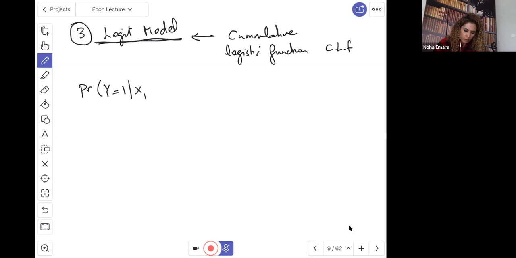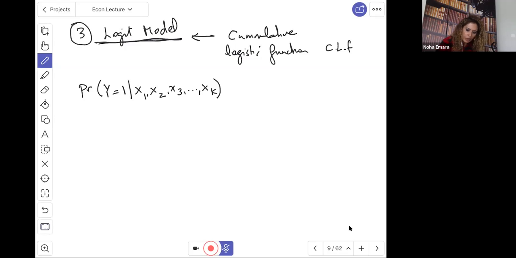I can have X1 for income, X2 for age, X3 for education, any number of X's. Of course, you don't get hundreds of X's. You want the balance between the best regressors that explain Y and at the same time not expanding your model too much because you would run out of degrees of freedom. So you can have a set of X's, the most important factors affecting Y, and forget about the minor